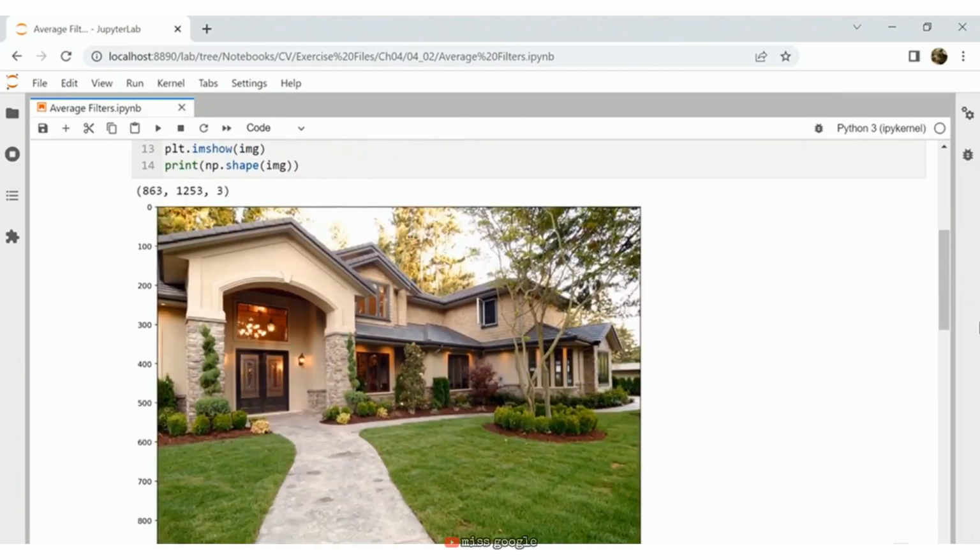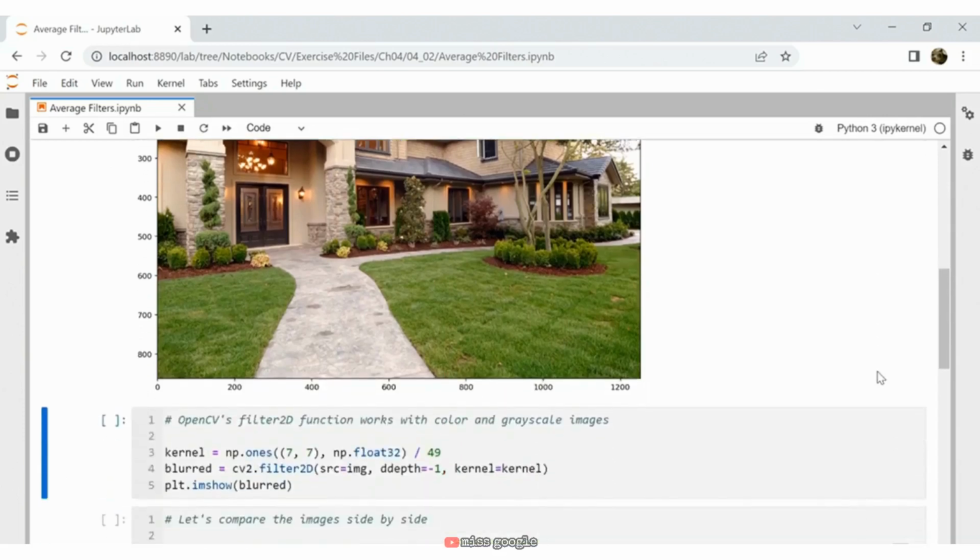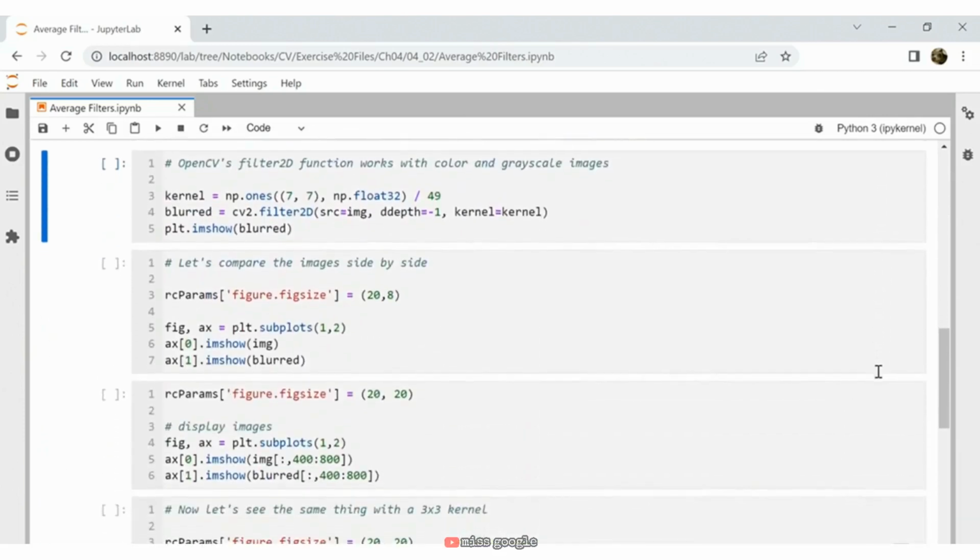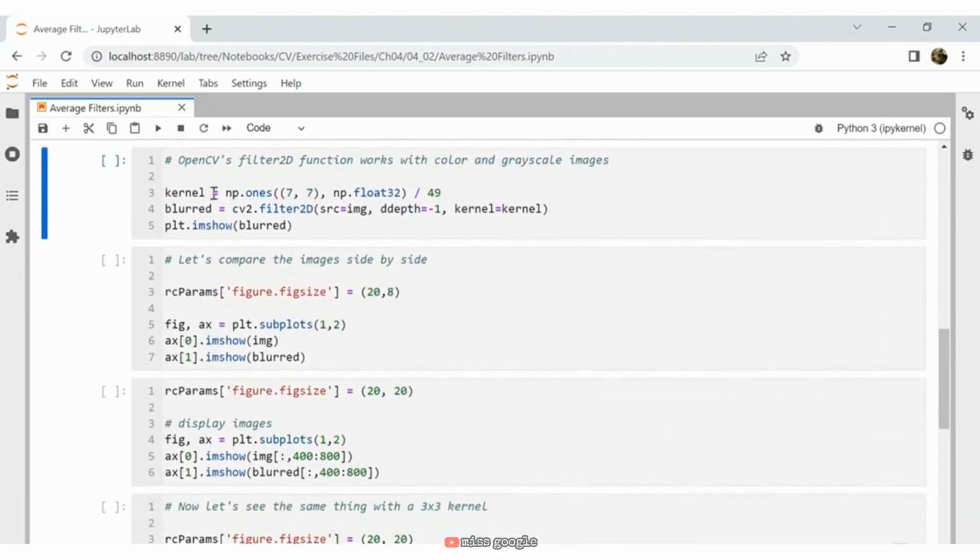Notice that this image has a relatively high resolution. Next, let's run an average filter using OpenCV's filter2D function. We'll use this function because it would take too long with a straightforward function of our own. It turns out that the mathematics behind convolutions has a lot of non-obvious shortcuts that libraries like OpenCV use to